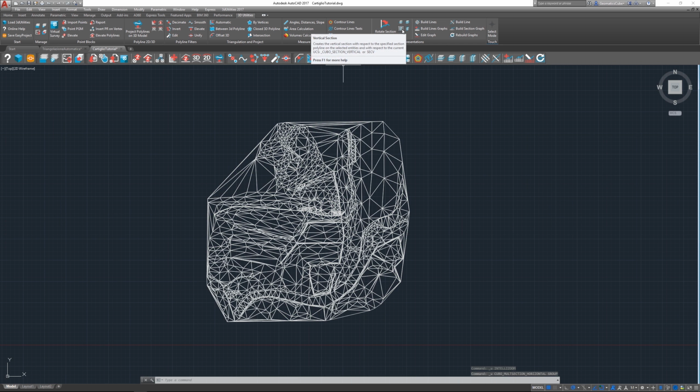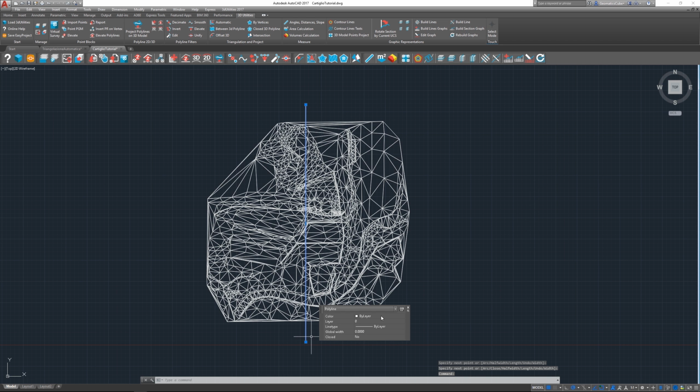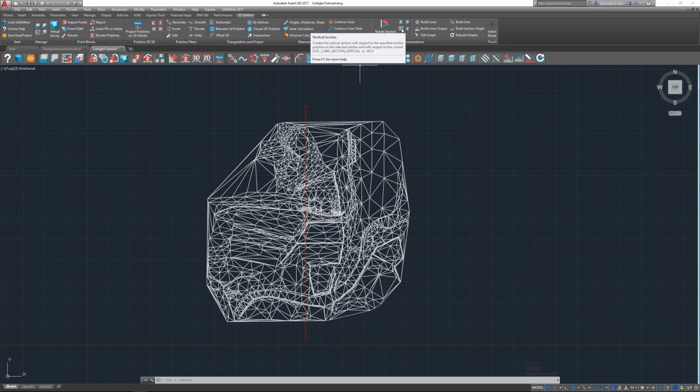Now we're going to see the vertical section. So to do a vertical section, you first need to draw a polyline. So I'll start by drawing a polyline, just like this. I'll give it a different color, and I'm going to go on vertical section. I'm going to select this,